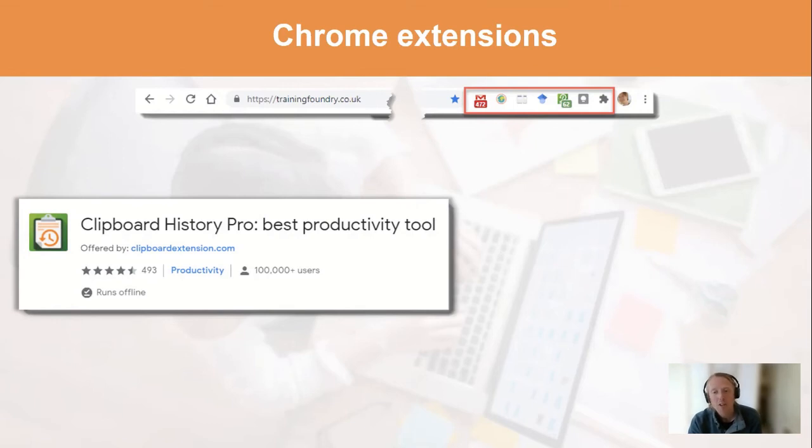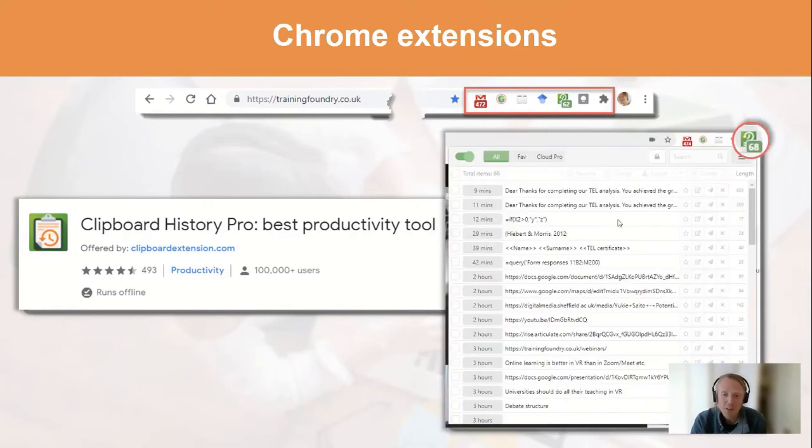And what it does is it allows you to access everything that was on your clipboard. So everything you've copied and pasted over the last, it seems to go back days. I think it might even go back weeks. So when you click on the extension, you'll be able to see a list of everything that's been on your clipboard the last few days. You can then,